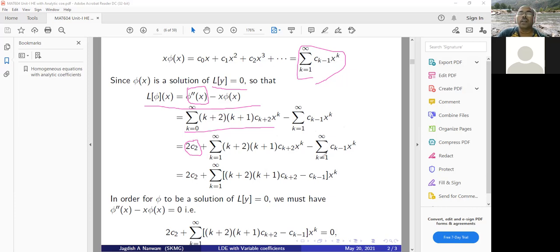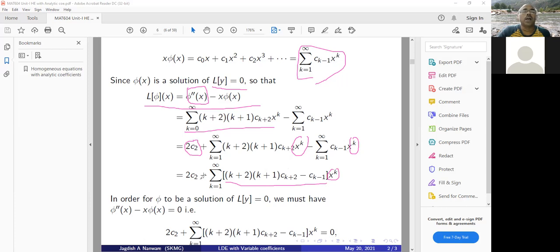Now here both the summations start from k is equal to 1. So we can take this x to the power k common outside. If you take x to the power k common, we have this as coefficient, right? (k plus 2)(k plus 1) into c(k+2), and this coefficient is minus c(k minus